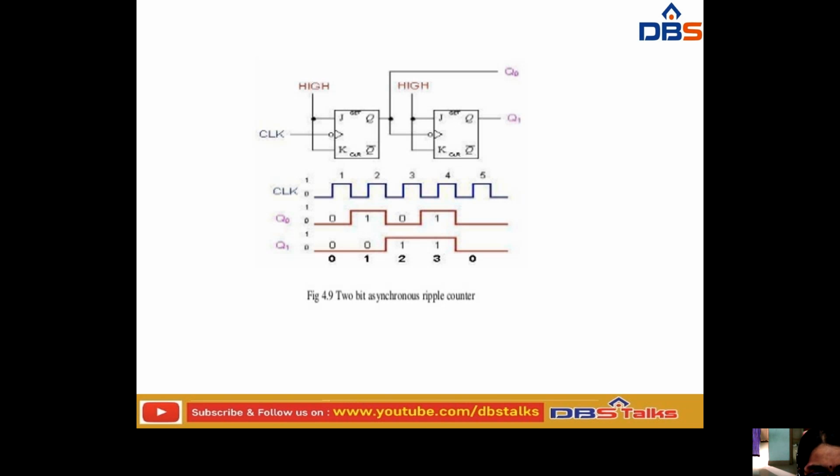This image represents the 2-bit asynchronous ripple counter. I have already explained it to you. It is a 2-bit ripple counter. This is a clock signal. This is a JK flip-flop, and these are the outputs Q and Q bar. And finally, from these two, the outputs that we get are Q0 and Q1. So we have already discussed how, based upon the clock, we get the output. This is the output that it has generated. So we can see it as a 2-bit asynchronous ripple counter.